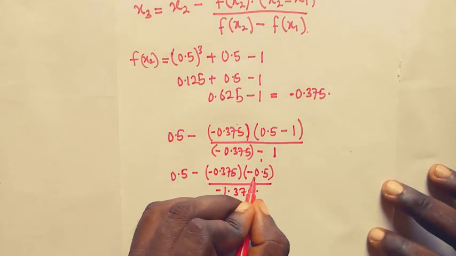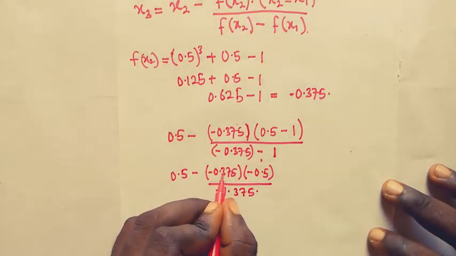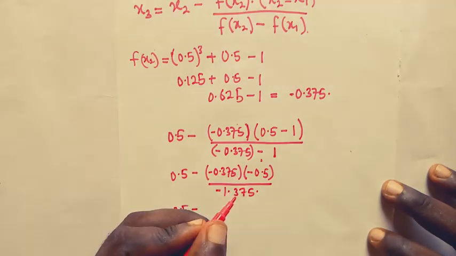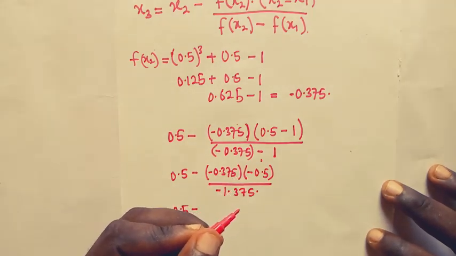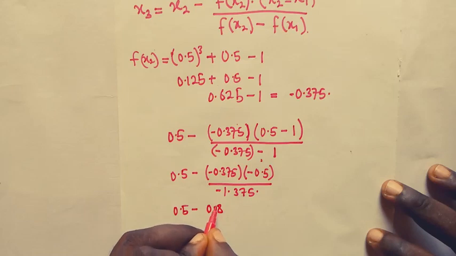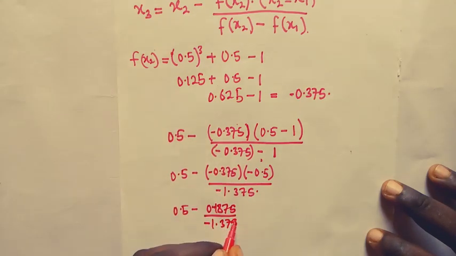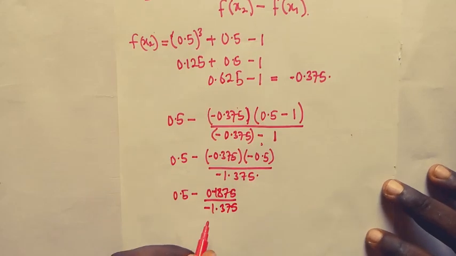Okay, so multiplying the numerator, I have 0.5 minus, when I multiply this, remember the two negative signs will give me a positive, and that will give me 1875 divided by minus 1.375. So doing this arithmetic, that will give me x3 to be equal to